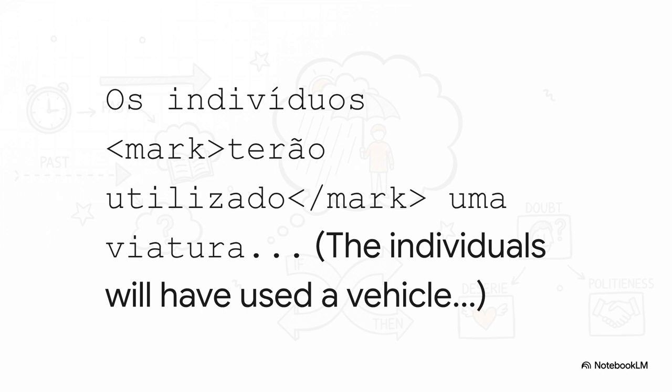Now, you might be thinking, wait, that's not the past conditional we just learned. And you're right, technically this is the future perfect, but, and this is a really important insider tip, in Portuguese journalism, these two tenses are often used to mean the exact same thing, unconfirmed info. So when it says "terão utilizado," you should read it as they allegedly used a vehicle. It's not a fact yet.